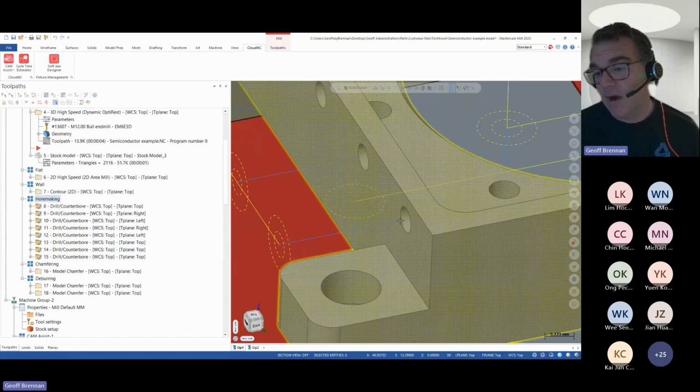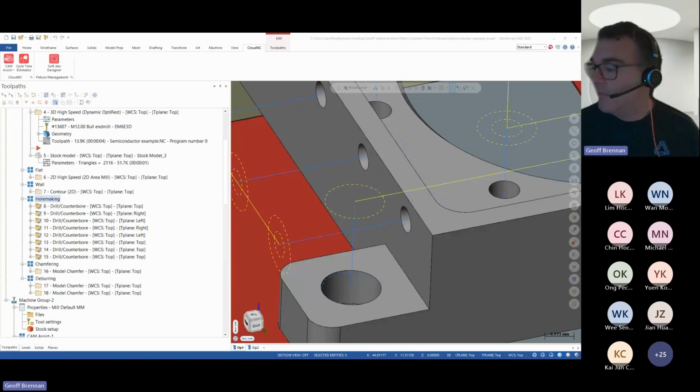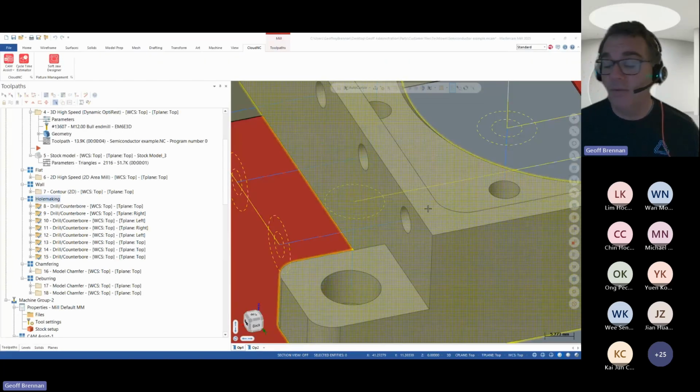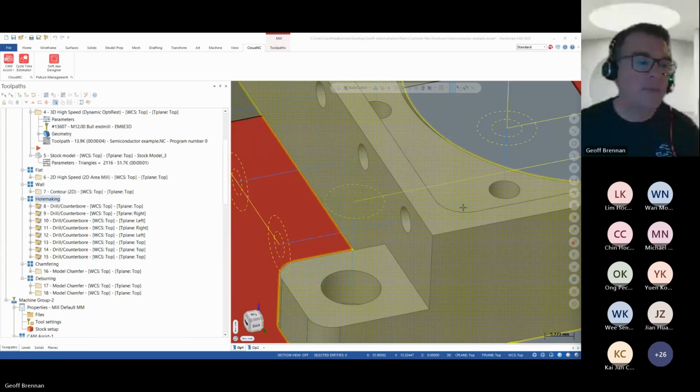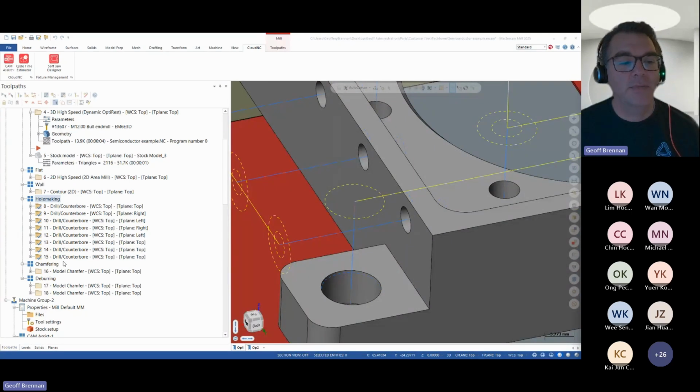So we do our inference based on the 3D geometry, and we'll take that diameter. If it falls between a minor and major diameter, and there is a corresponding tapping tool in the tool library, we will take that and apply it to the toolpath. So that'll be a separate hole making operation called basic tapping, or tapping. Chamfering and deburring.